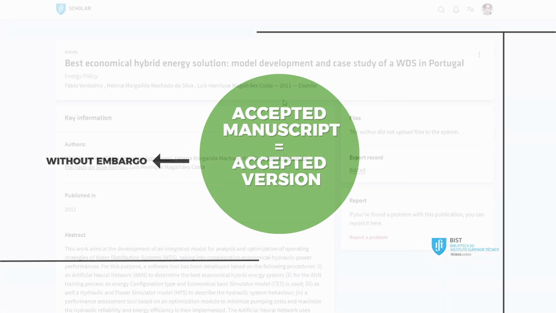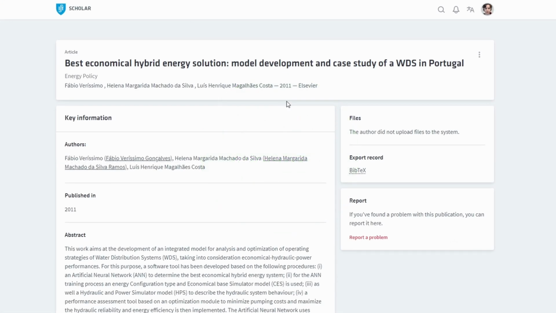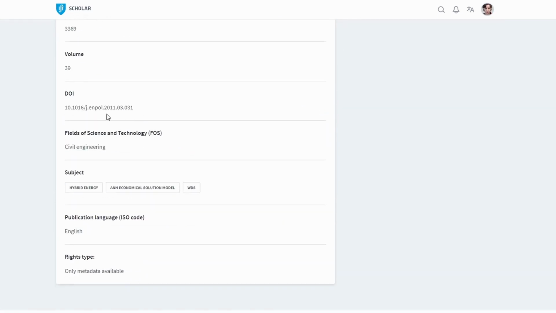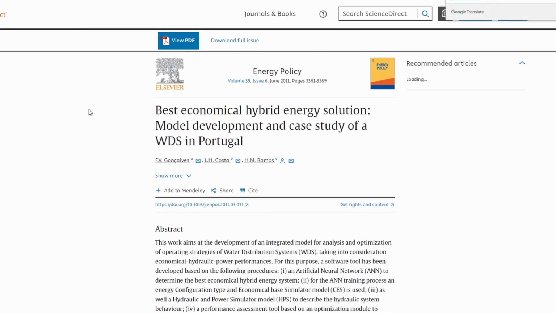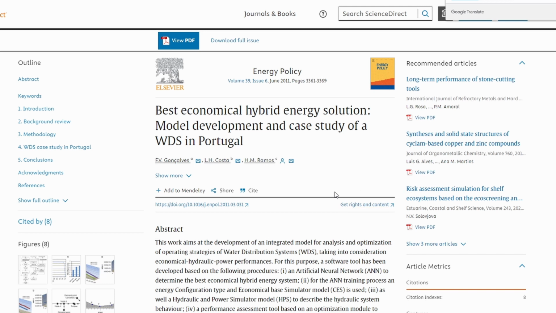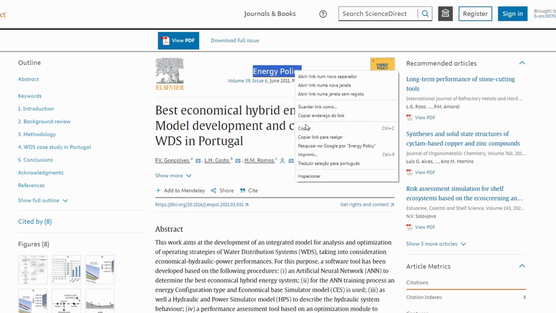Let's now look at the situation of a document that is in closed access in the publisher, but the publication date is 2011. Let's confirm this information. We verify that it is, in fact, in closed access. We have access because we have access to the subscription service, but this is a document that is in closed access. And we will also ask the Sherpa Romeo database to find out whether or not there are embargo periods.